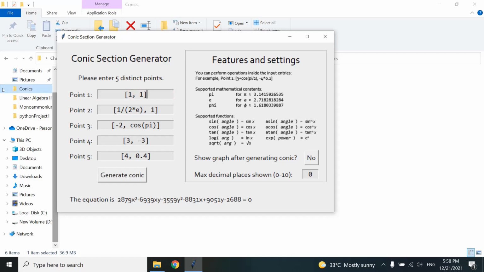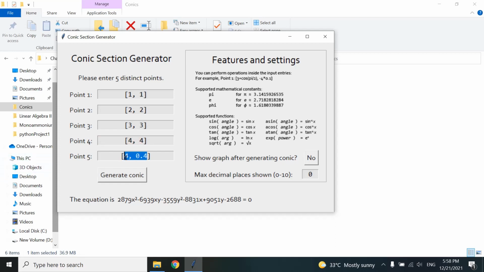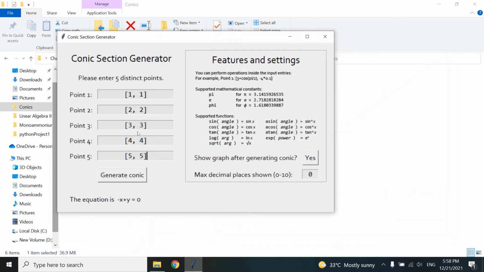One more interesting feature is that, let's say I have 1, 1, 2, 2, 3, 3, 4, 4, 5, 5. So basically I want the collinear points again. Show the graph, it's just a straight line, nothing special. But if I change this so that 4 points are collinear and just 1 point is not collinear with the other points, and I generate the conic,